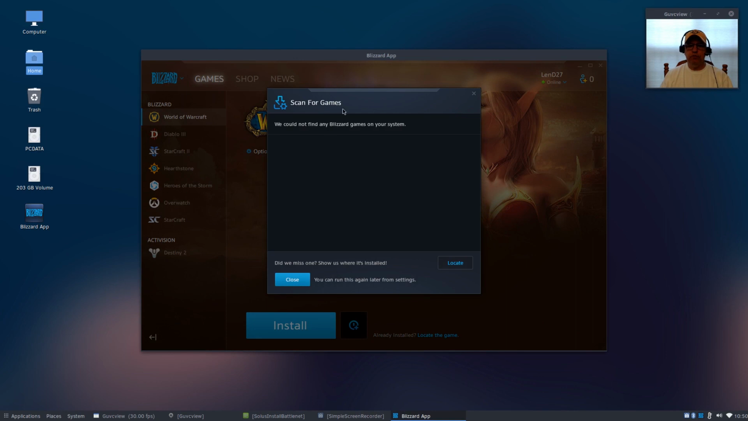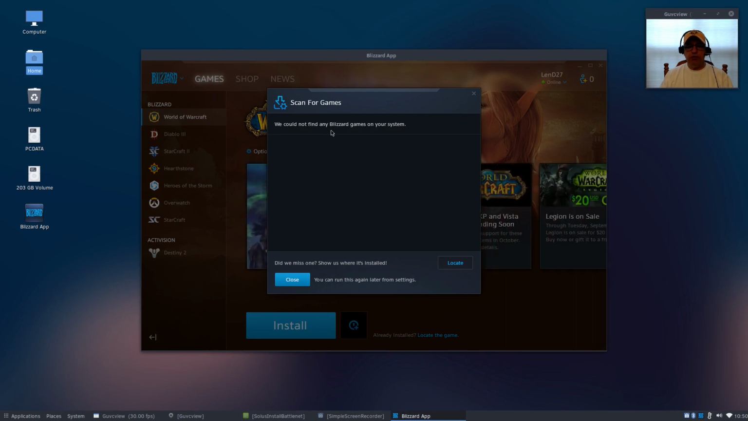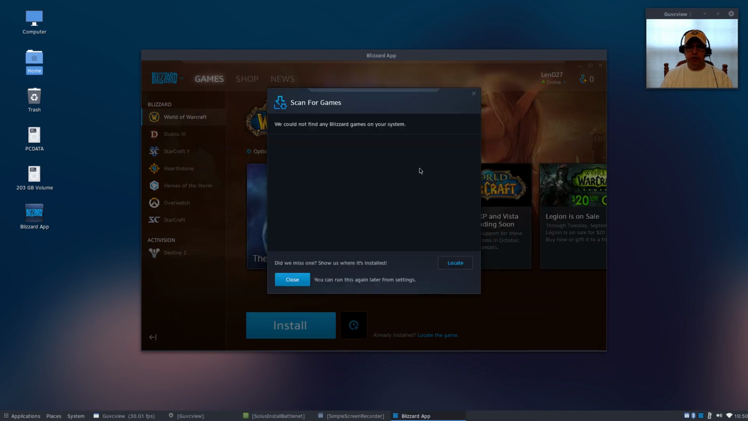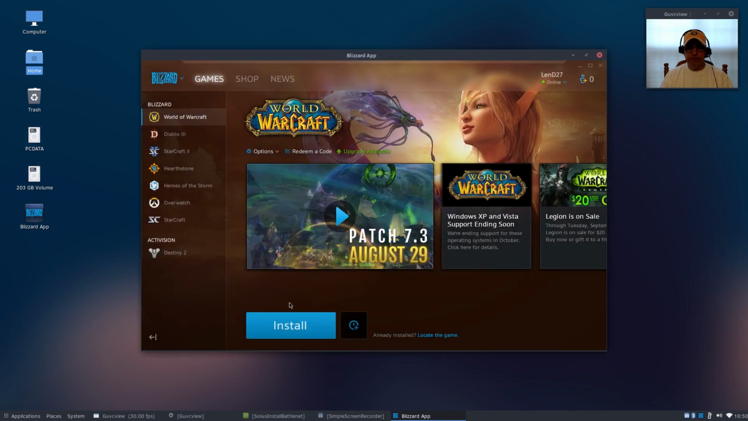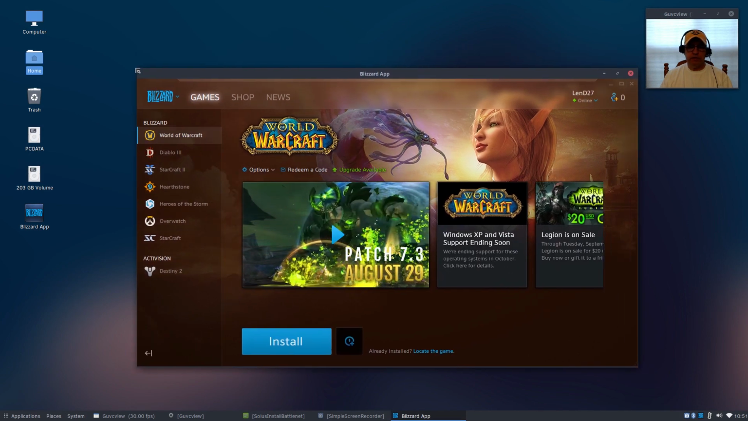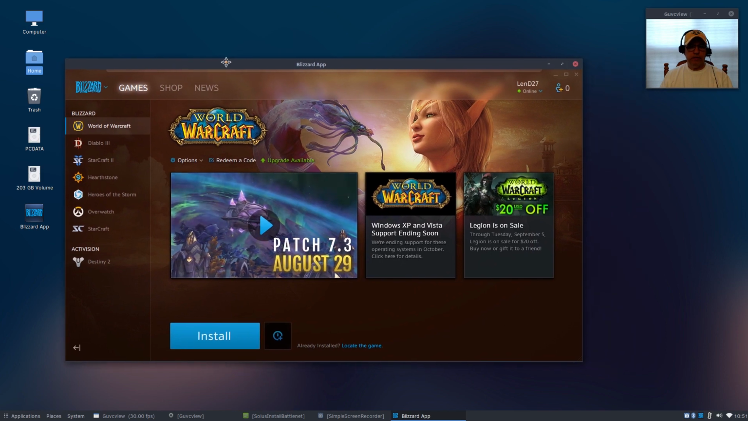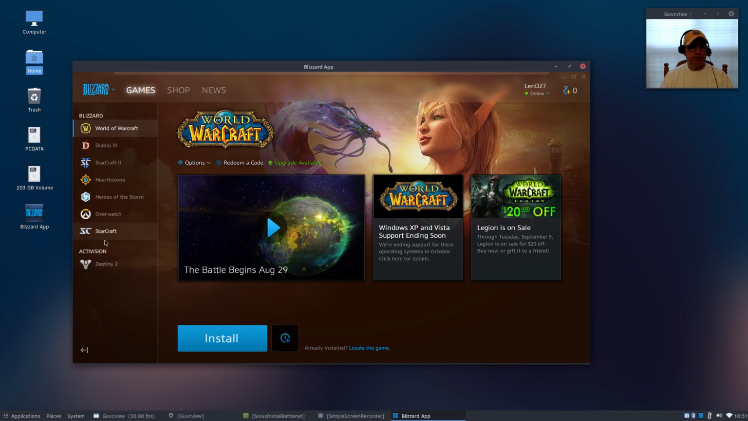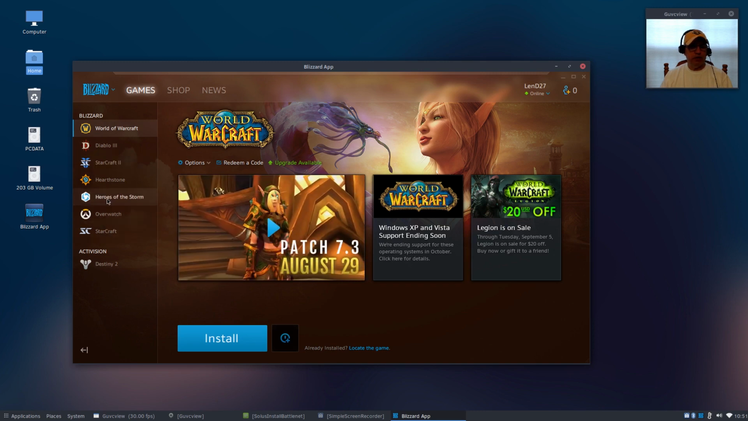Okay, so once you sign in, it's going to scan for games, and it's going to show you the new patches. You can just close out that window, and you don't have any Blizzard games currently on your system, so you don't want to click locate, so go ahead and click close, and you'll see that I'm just going to expand this slightly. You can see World of Warcraft, Diablo 3, StarCraft 2, StarCraft 1, Overwatch, Heroes of the